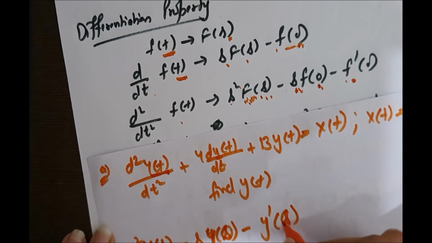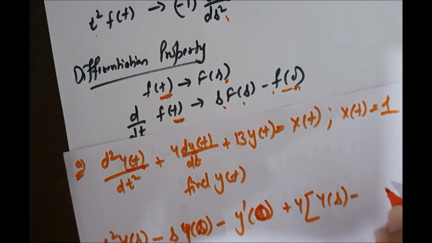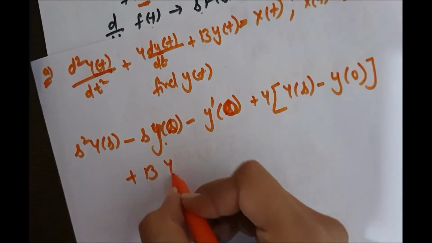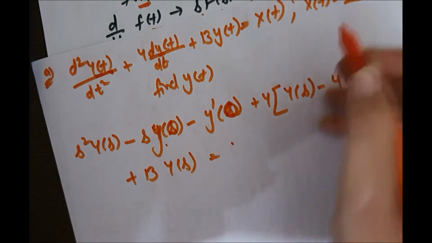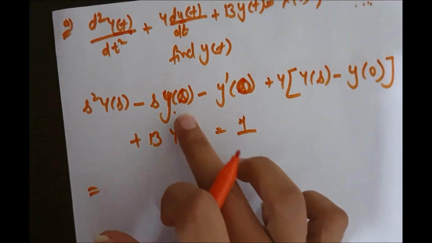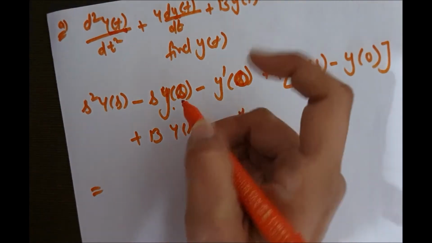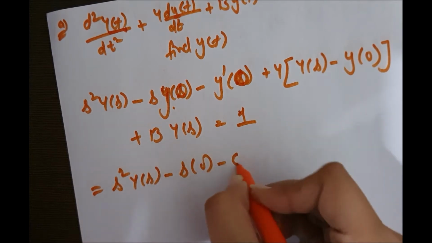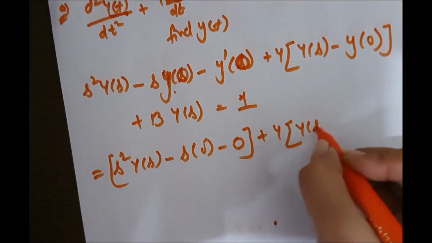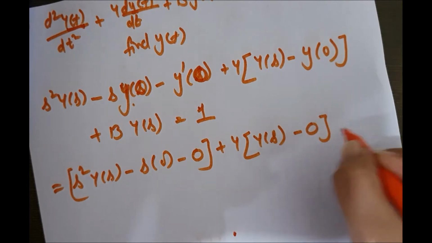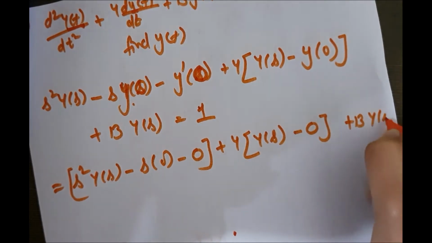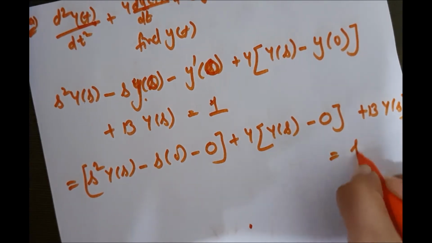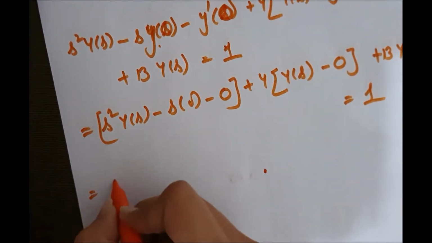Sorry, 0. These are initial conditions. Plus 4 Y(s) minus y(0) plus 13 Y(s) is equal to x(t). x(t) here is 1. So 1. Here no initial condition is given, so this will be 0. Minus s times 0 minus 0 plus 4 Y(s) minus 0 plus 13 Y(s) is equal to 1. So we are left with